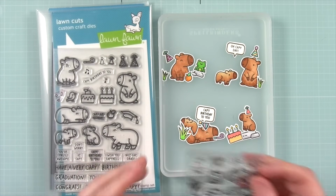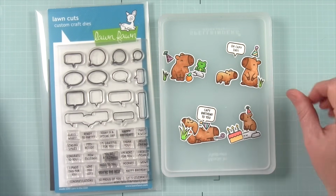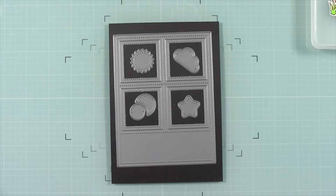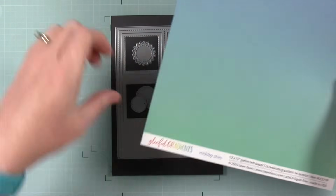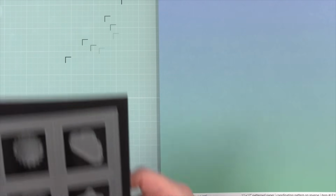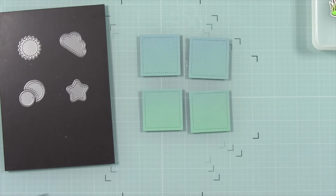So for this card, I'm creating a birthday card using the Capybaras set as well as the add-on. And I've also pulled out all the speech bubbles for a couple of the little sentiments from the set. I will be using the Foursquare Backdrop Portrait die using some of the new Gleeful Gardens papers for these beautiful ombre looks. So I'm starting out by cutting out the 4 squares out of this blue-green ombre, and you can